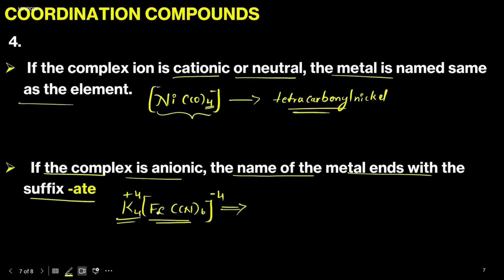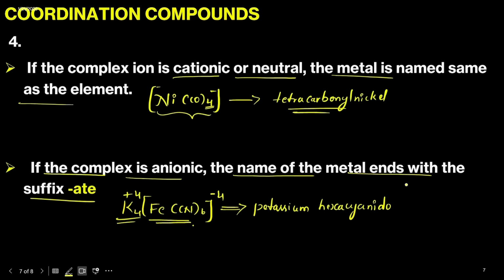Now, according to the set of rules we have studied, the cation should be named first. Therefore, potassium, and then we have to write the name of the ligands. How many CN ligands are there? 6 ligands. Therefore, the prefix hexa is used: hexacyanido. And next, the fourth rule says that if the complex is anionic, and this is an anionic complex,